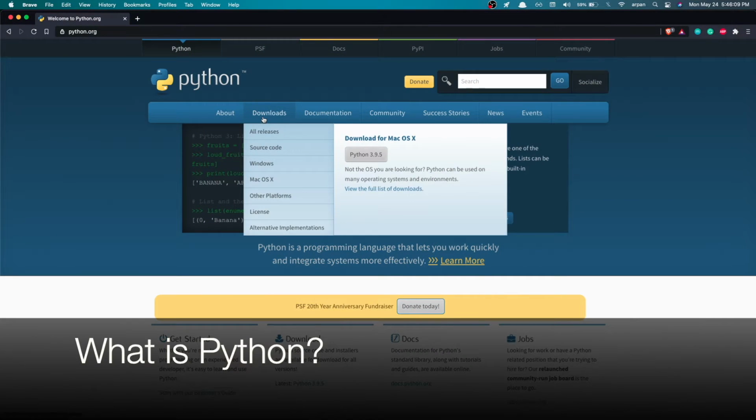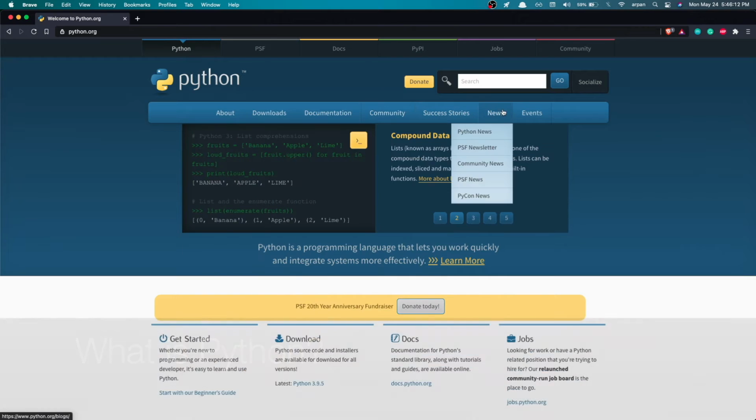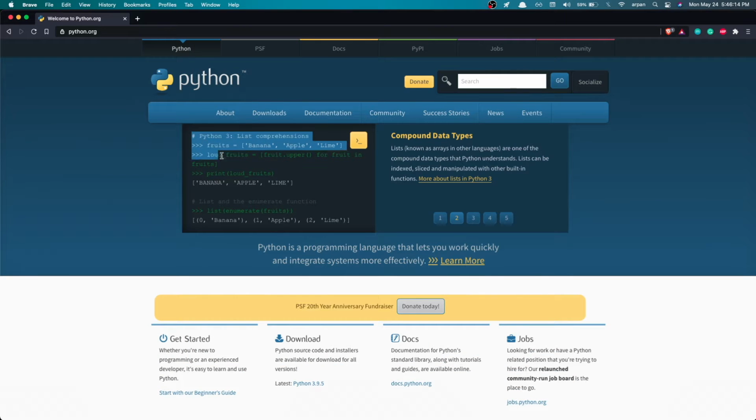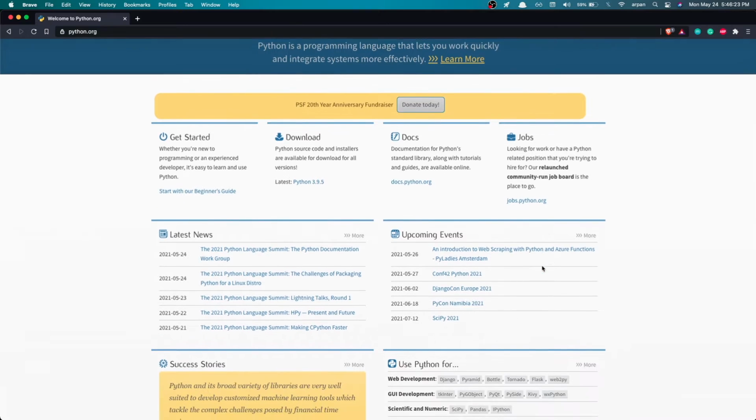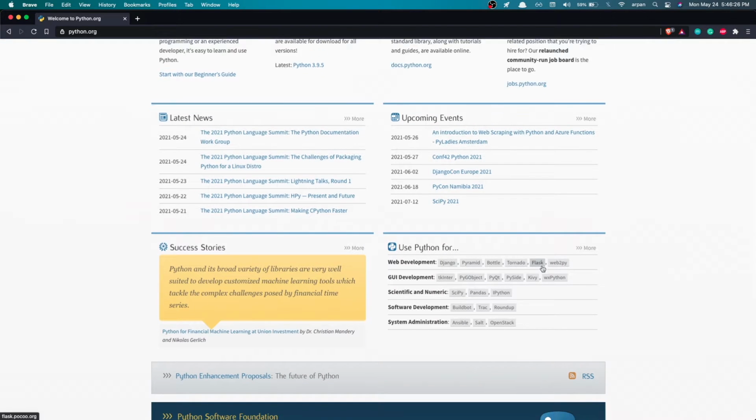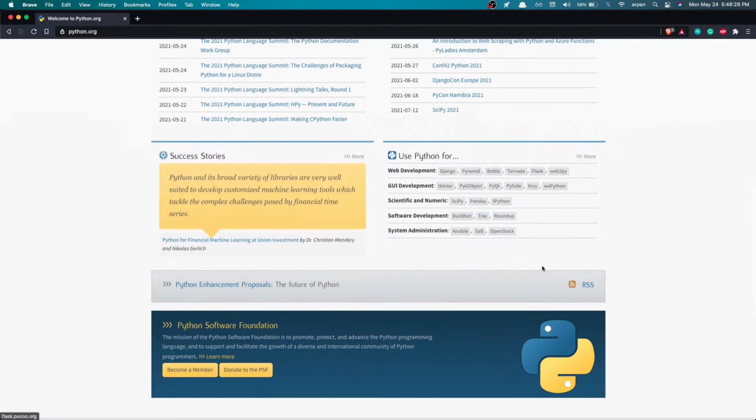Alright, so to begin, Python is an interpreted high-level programming language and follows a dynamic typing discipline. As of now, in 2021, Python is one of the most popular programming languages that people are learning and is widely used. Due to its simple syntax and ease of use, you can write code to develop programs in Python very quickly. It's almost like English.